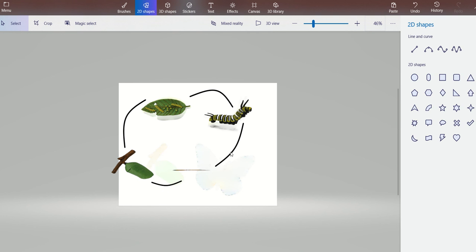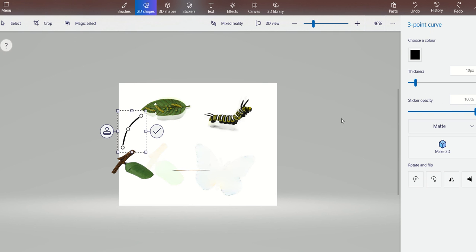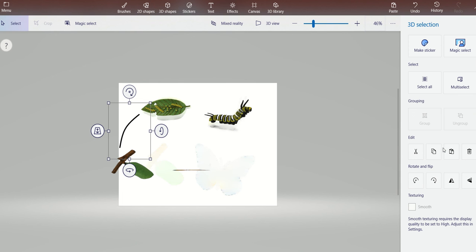Please ensure that any 2D shape, people, that you want to convert into 3D, when you're generating that shape, then only it needs to be corrected. So right from the beginning, when you were generating these lines from here till here, when you're converting this, you will see this option of making 3D, and whether you need it in a matte finish or a gloss or a polished metal, that is totally up to you. Which color you would like to choose is also in your hand. So you can select on making it 3D.